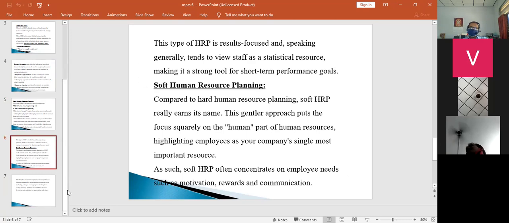Next, soft human resource planning. Compared to hard human resource planning, this gentle approach puts the focus squarely on the human part of human resources, highlighting the employees as your company's single most important resource. Soft HRP often concentrates on employees' needs such as motivation, rewards, communication,